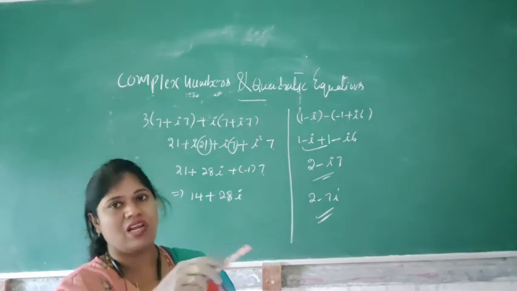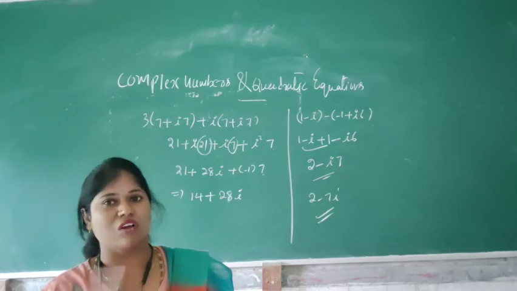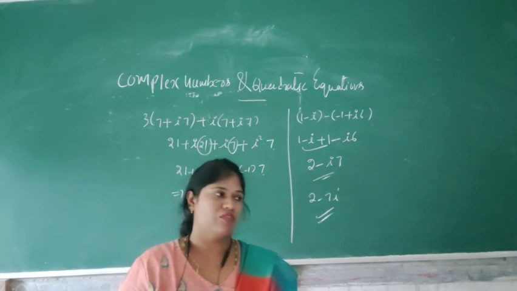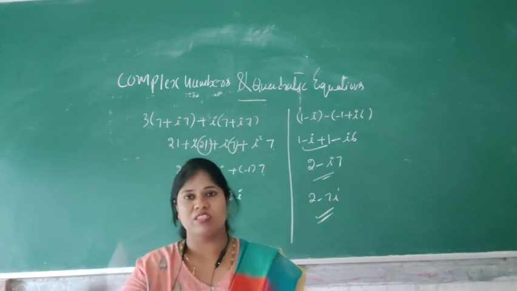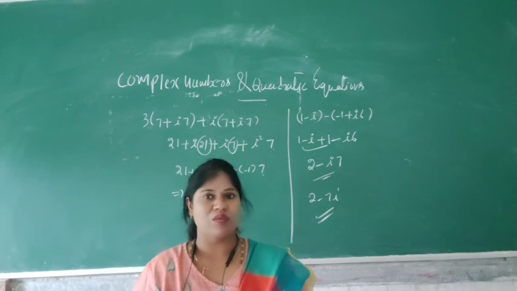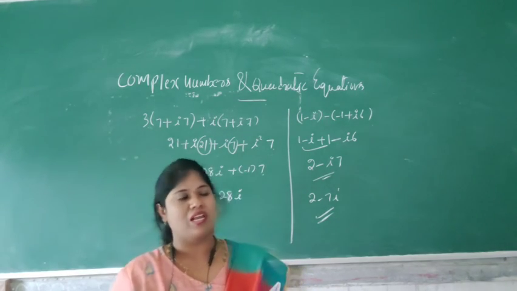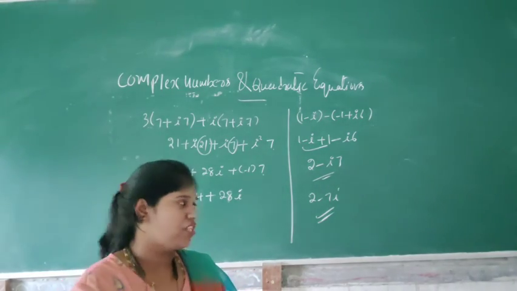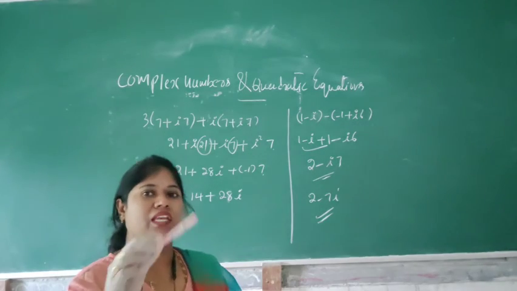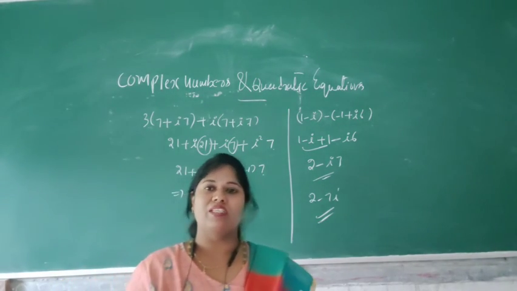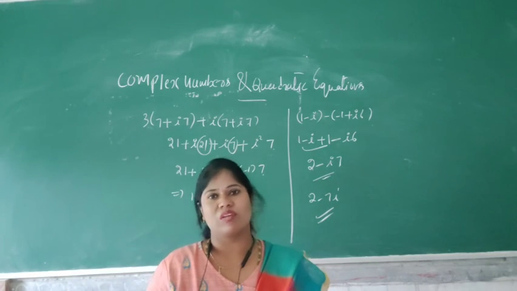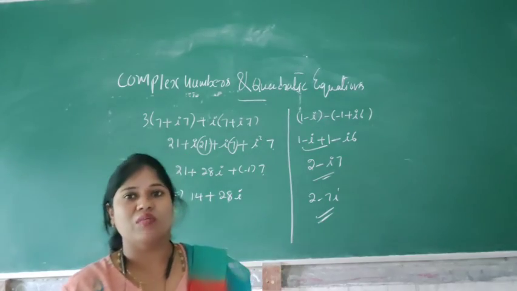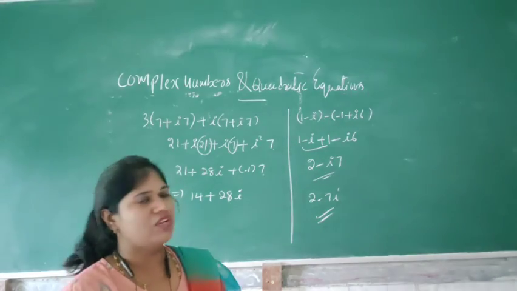Because in the real number system it is not sufficient to solve equations of this type, we need to extend the real number system, and this extension is called complex numbers. Before that we have already studied real numbers. In real numbers, all natural numbers, whole numbers, integers, rational numbers, irrational numbers. In rational numbers, terminating and non-terminating numbers will come. Irrational numbers will also come. These are all real numbers because the real number system is considered the universal set.